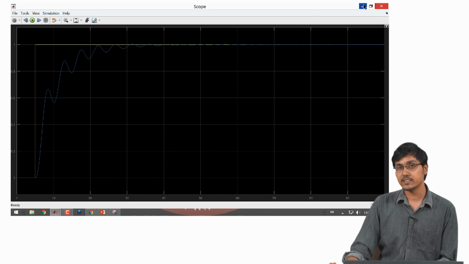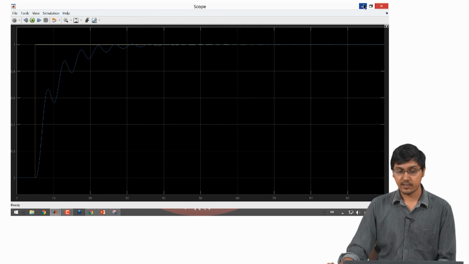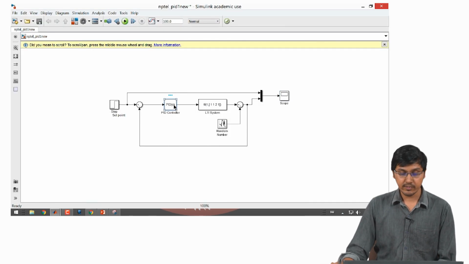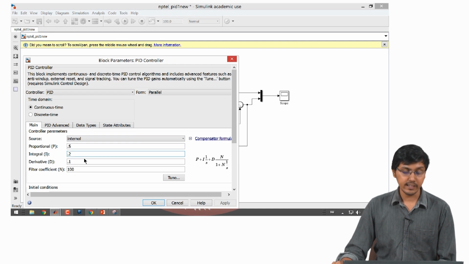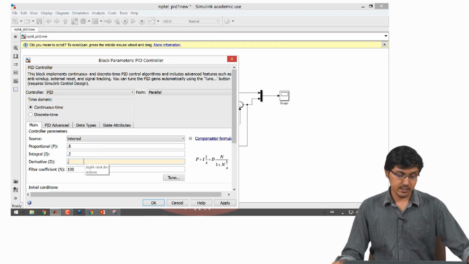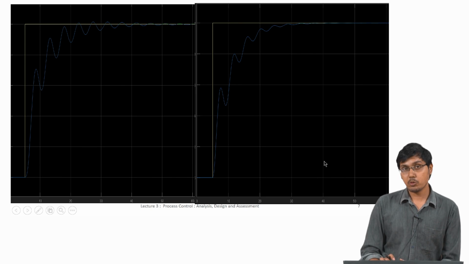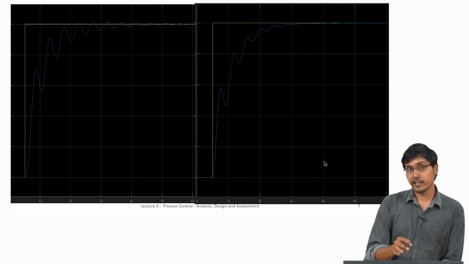But let us do the same kind of exercise. We will change the derivative gain Kd again and see what happens when we increase it. We will choose a different value of derivative gain, probably 0.5 or something. Now we have put both the pictures in the same place, so we can compare these two.